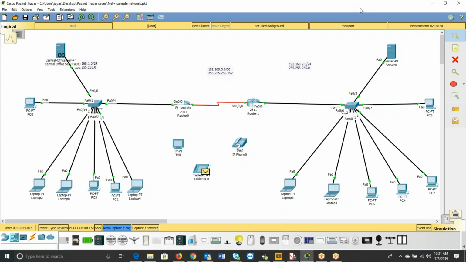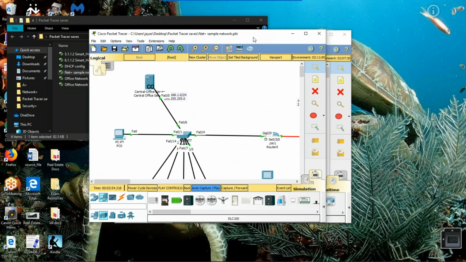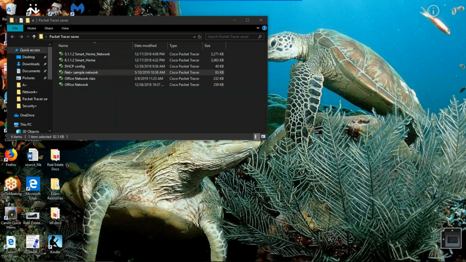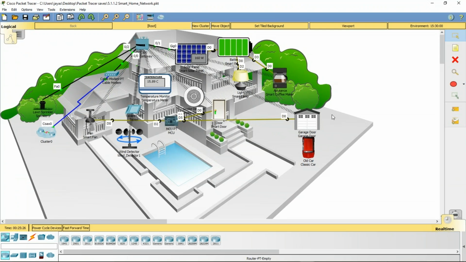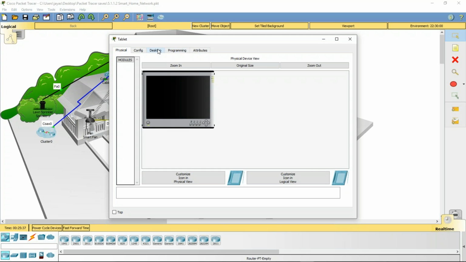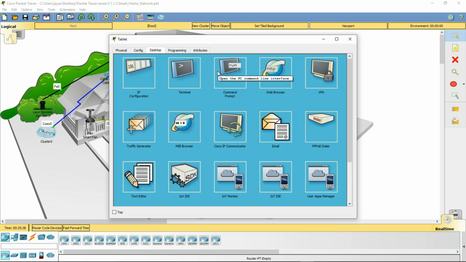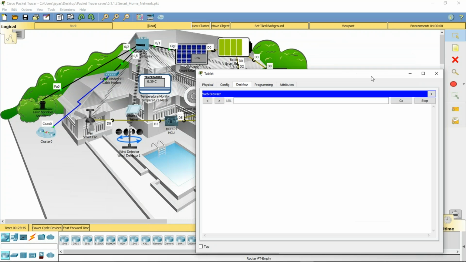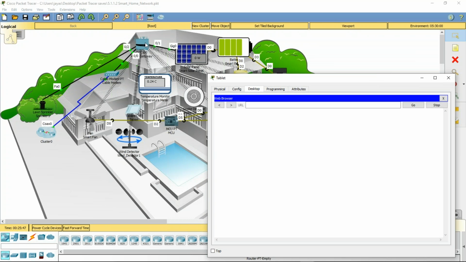These are like home devices. So let me show you the other aspect of this real quick. I was talking about the IoT devices, right? So I have a home network set up here, right? So you have your little home in the background, and you have all these devices that are configurable. They're all connected to the network, and you can control it from this tablet. If you go to the interface, so web browsing, you can log into the actual devices. Right? If I logged into this device here,